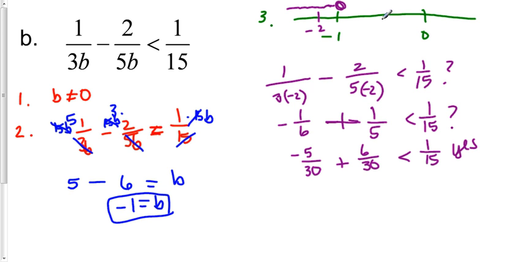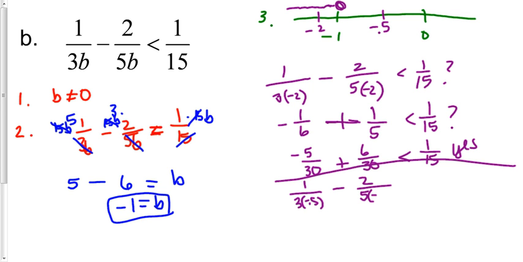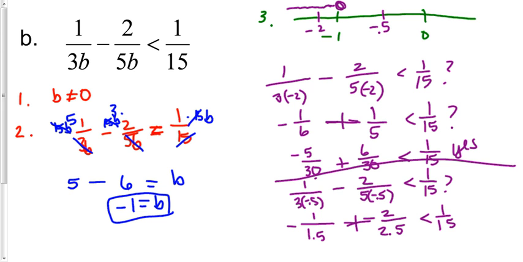Now I need to check a number in between negative 1 and 0. I'm going to check negative 0.5. Okay, so doing all of our math again, I'm going to plug in negative 0.5 for each b. So 1 over 3 times negative 0.5 minus 2 over 5 times negative 0.5. Is it less than 1/15? Question mark. So again, you can do this pretty quickly on your calculator. What you're going to have here is negative 1 over 1.5 minus negative 2 over 2.5, kind of weird math here, but we're going to add these up. Is it less than 1/15? In this case, the answer is no. It's not, so we know that the solutions in between negative 1 and 0 are out,